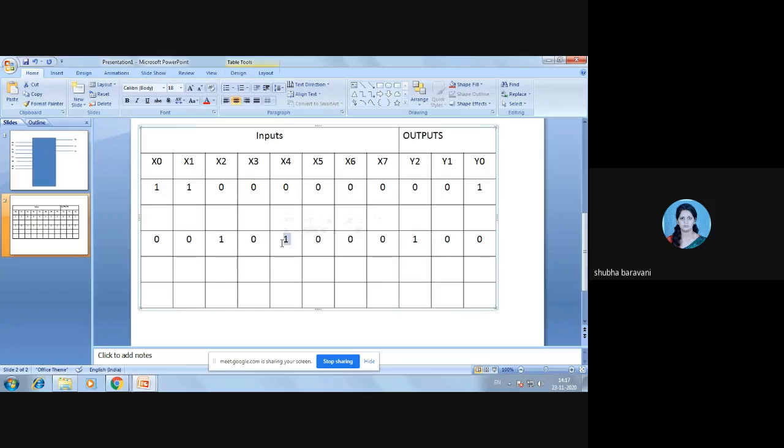Once again, if x2 is 1 and other inputs are 0, your output would be 0, 1, 0. But if x4 is also 1 at the same time, so I have two inputs high, then priority would be given to the highest bit. So it is x4, so my output would be